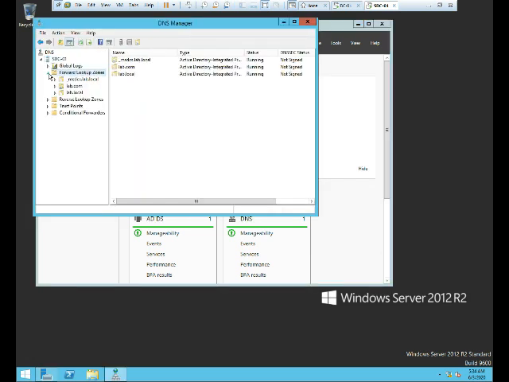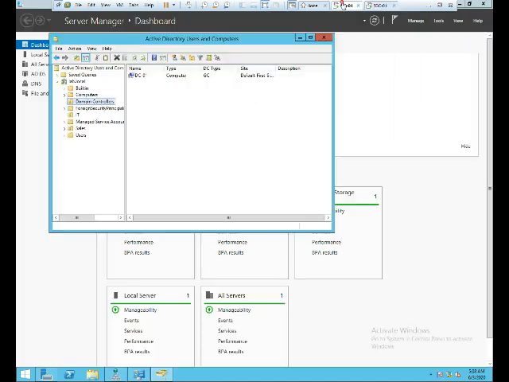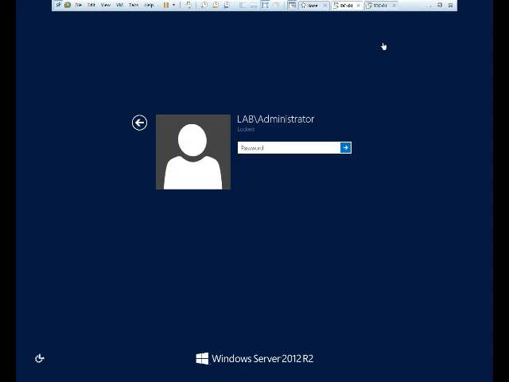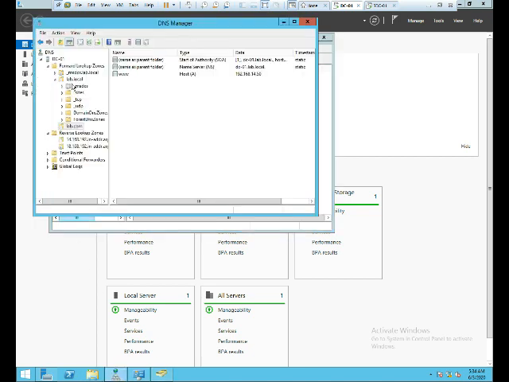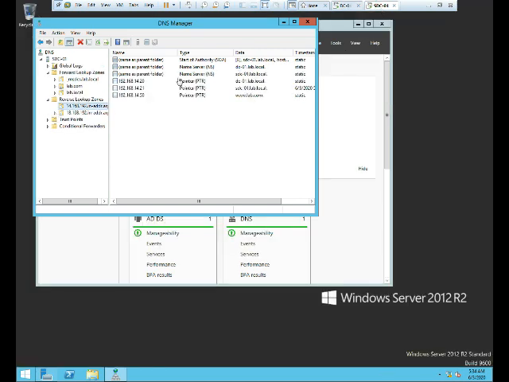Here in the forward lookup zone, yes, all the zones have been replicated: lab.com, lab.local, and also the reverse lookup zone. If we compare with our primary domain controller, it is exactly the same. Whatever is there, all the data has been replicated here as well.